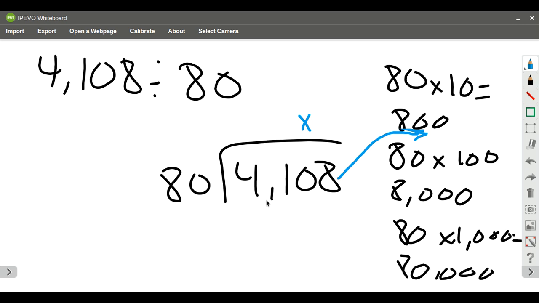80 is not able to go into 41. 80 is able to go into 410. So that's where I need to place my first number, and then I will have a 2-digit divisor. If I place my first number here, so let's say that my first value goes here, what that's saying is